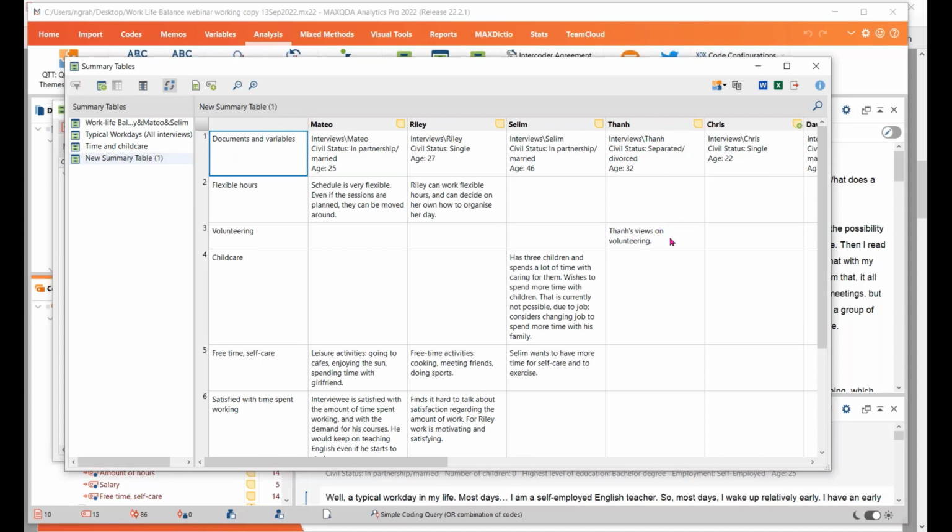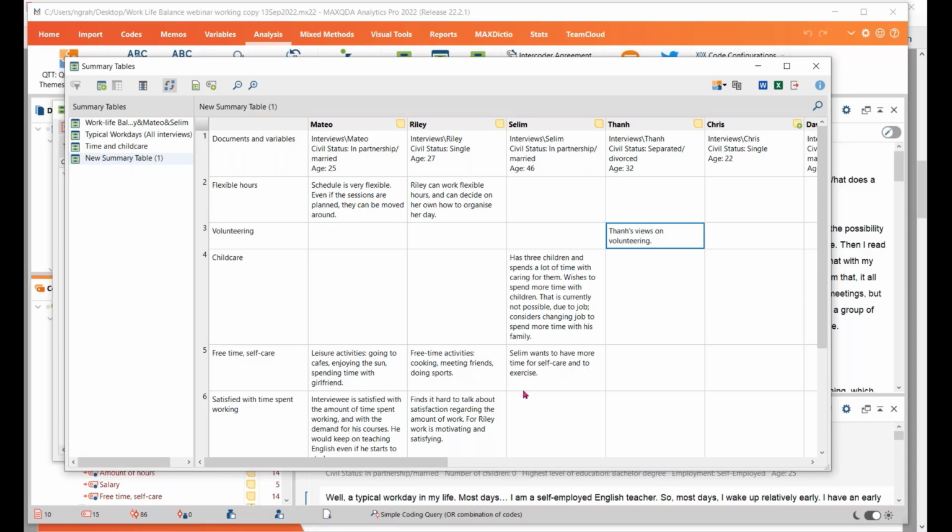There is TAN, and there is the one that you saw me type in, TAN's views on volunteering. So what you type in on the summary grid appears in the summary table, and just your summary stands in for all of that other data that you reduced into this. And so now we have the data in more manageable volumes, so we can look across a row like childcare or volunteering and read our summaries of how different people have spoken about them and begin to see possible patterns of possible commonalities between some of our cases